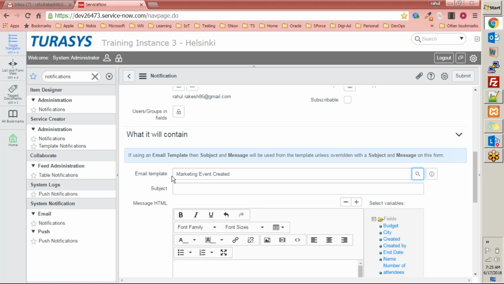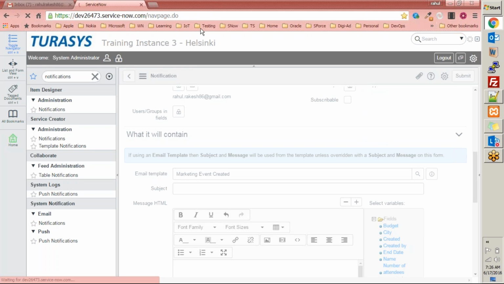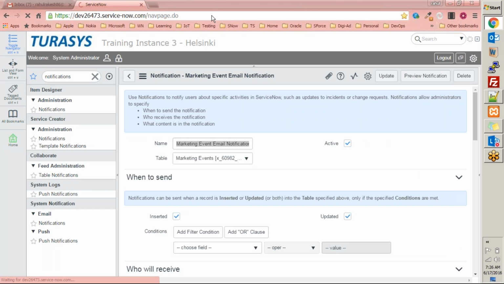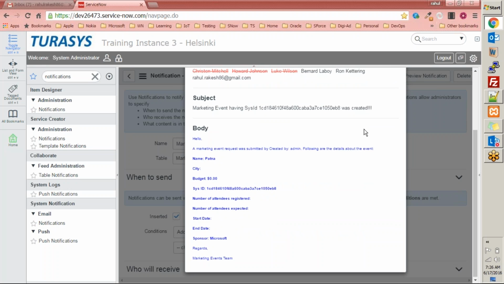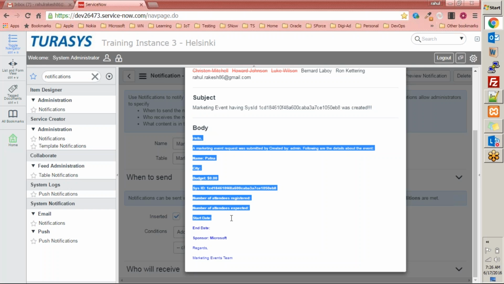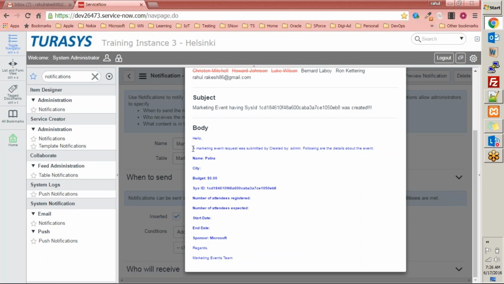And now I have this email template, which is marketing event created selected, right? Let's go ahead and submit this record. Now by doing that, I now have a marketing event notification created. You can go ahead and preview notification. I hit this preview button and I can see the email preview, right? So it says that the subject line is this and the body would look like this, right? A marketing event request was submitted by creator, submitted by,